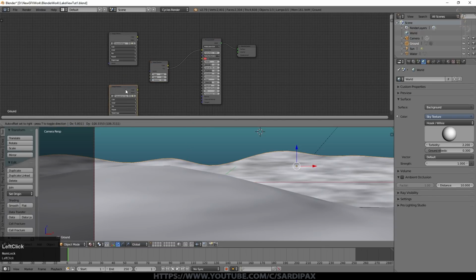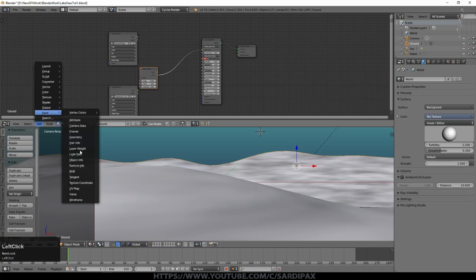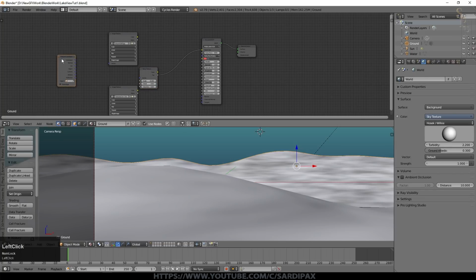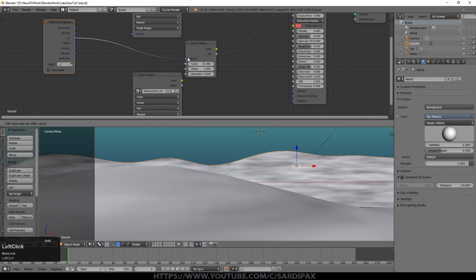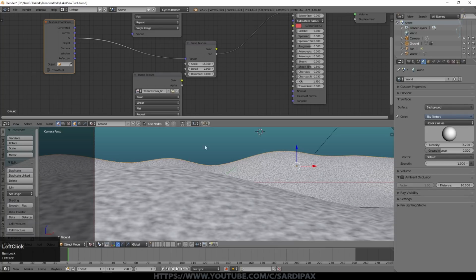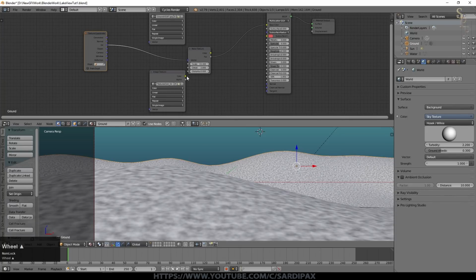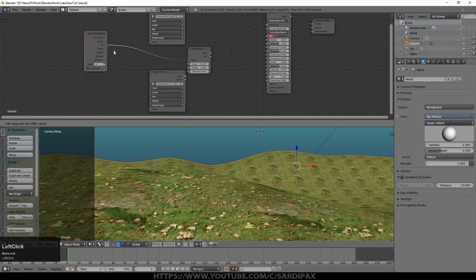So Blender's making an assumption on the mapping of this texture, but just to be sure that it's using the right one, we'll add a texture coordinate and we'll take the UV out there and put that into the vector. And you can see that's sort of taken away all that stretching. But while we're at it, let's have a look at what these are like. So good, that's not made any difference to those.